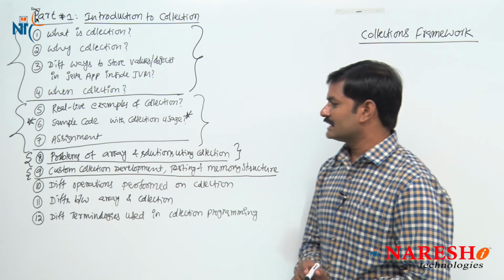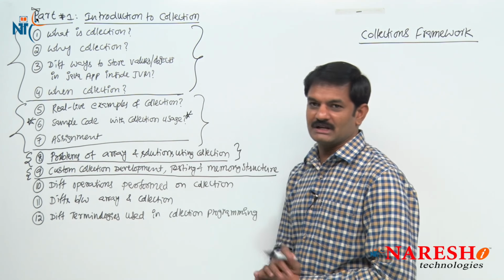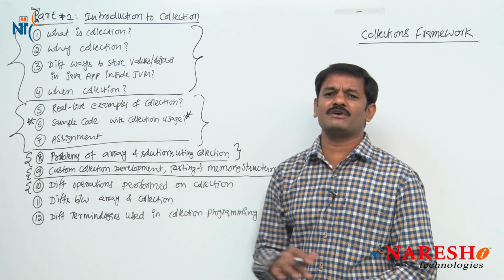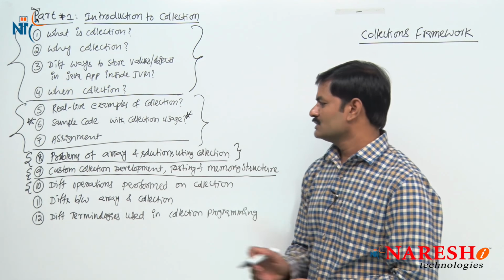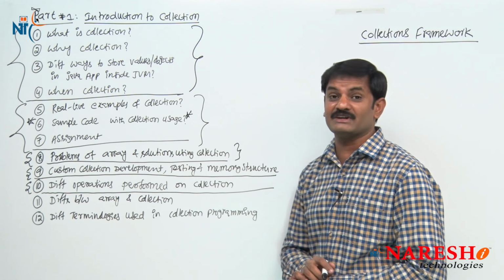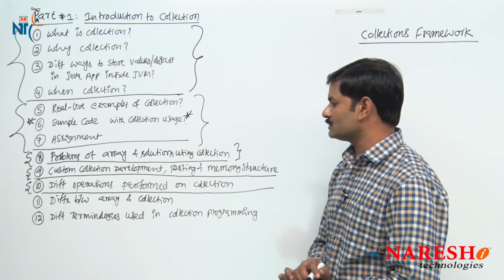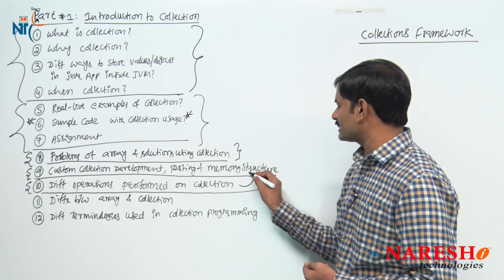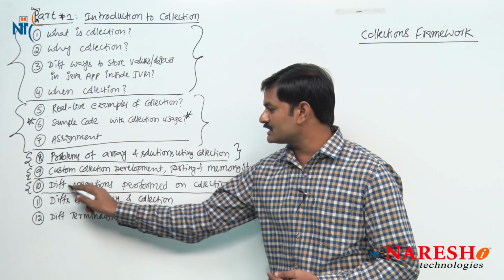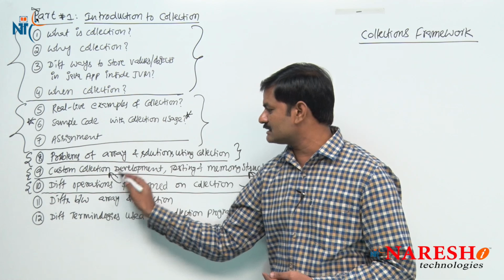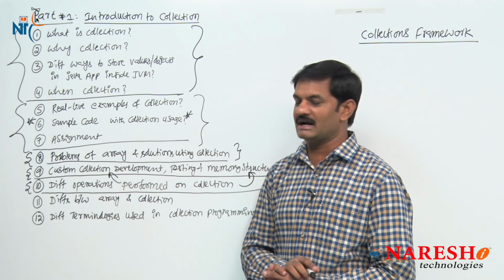Then after you get some idea on collection development, you have to know the total number of operations we perform on a collection. There are totally 7 main operations you perform on a collection. What those 7 main operations are, you will understand. Following that, I am going back to custom collection. Those operations we implement in our custom development.